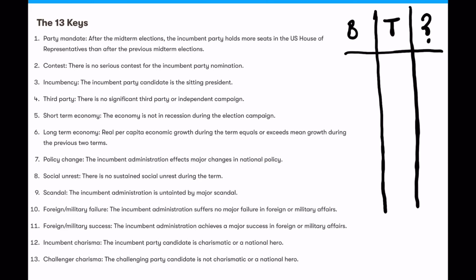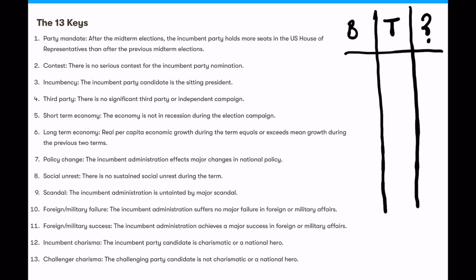So today I want to talk about the 13 keys to the White House, of which there are 13 indicators, in a method created by Alan Lichtman, who is an American professor of history, and he has successfully predicted the outcome of every presidential election since 1984. And the way that he did this is by using these 13 keys that are indicators based on